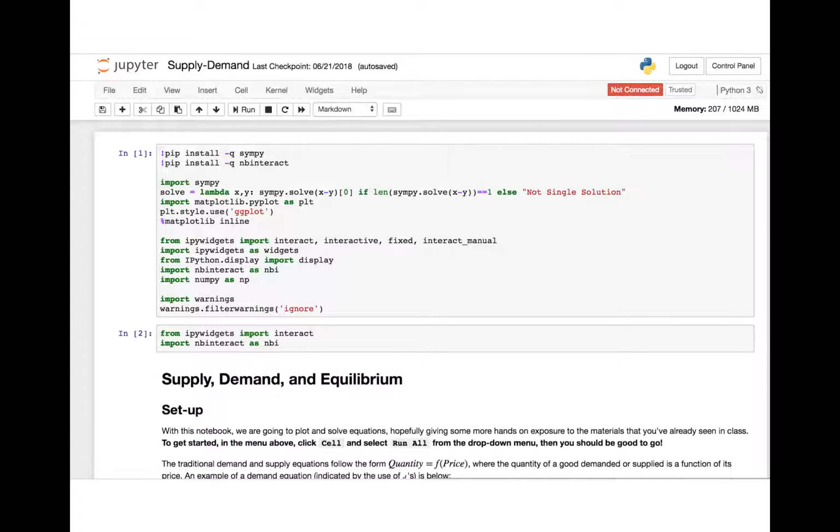Here's what it looks like to be in a Jupyter notebook, and in a little bit we'll jump in and do it. Basically, you're looking at a bunch of rectangles, and this is a rectangle of code. You can up here press run and just run that chunk of code, or we do control enter. And so we just run those little chunks of code. And here is a chunk of markdown. Up here it says markdown or code.